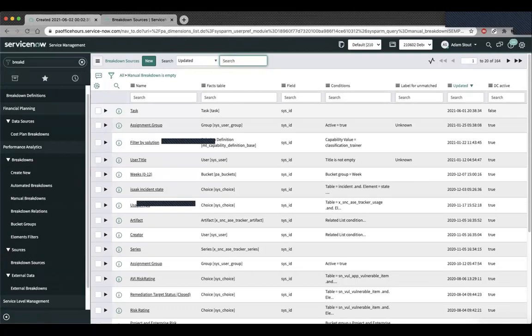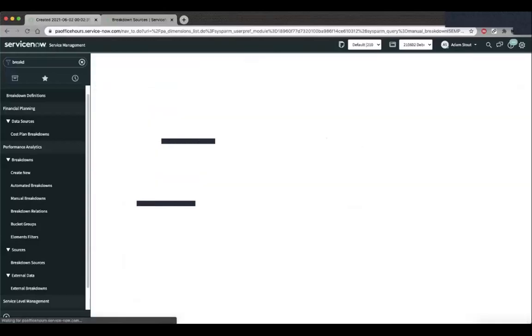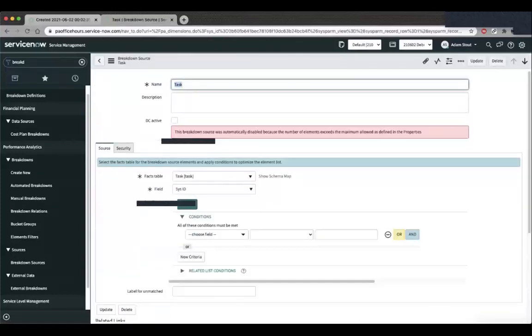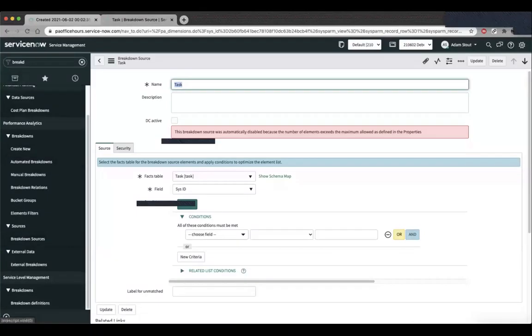And I'll see here that the data collector active is false. So important to note, hopefully you've never seen this. On this form, I don't see it. The data collector active is false. But if I click on this breakdown source, I'm actually going to get a warning saying that this has been disabled because the number of elements is too many. Default for this, I believe, is 10,000. But there is a property for this. And if we go into